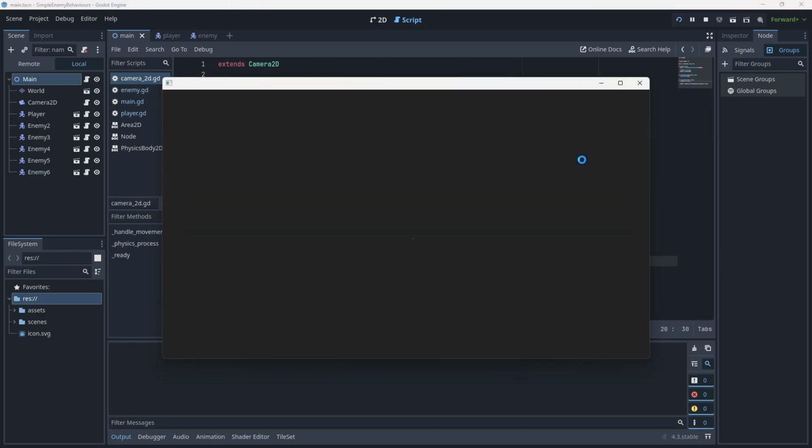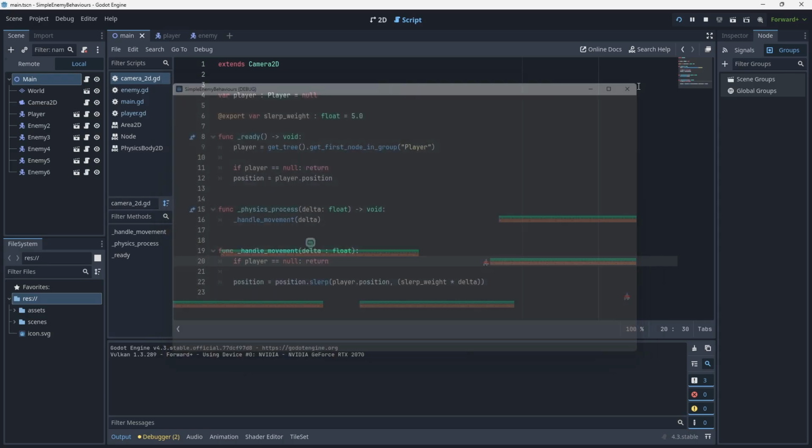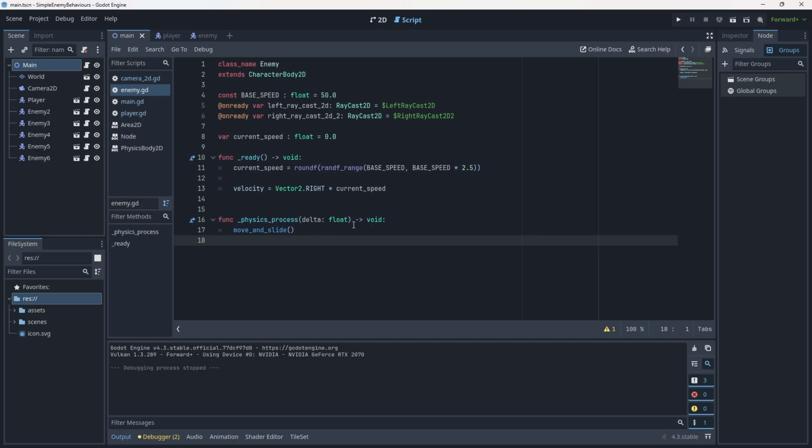So what I should be able to do here is press play, and as you can see, all of our enemies are moving kind of indefinitely to the right, and that is because, one, there is no gravity being applied to them, and two, they're doing what we told them to do, right? So we have them moving. That's a start, right? We're modifying their velocity. That is a start. So next thing that I want to do here is just handle the gravity. So I'm going to write func